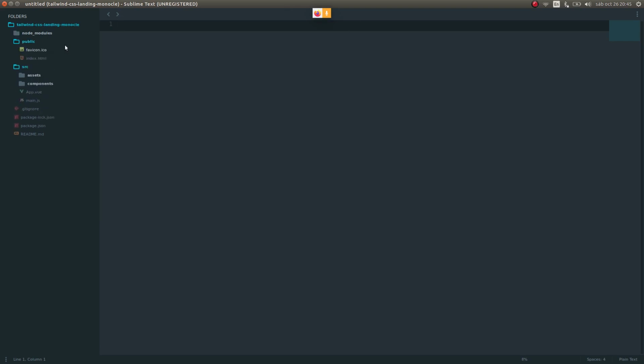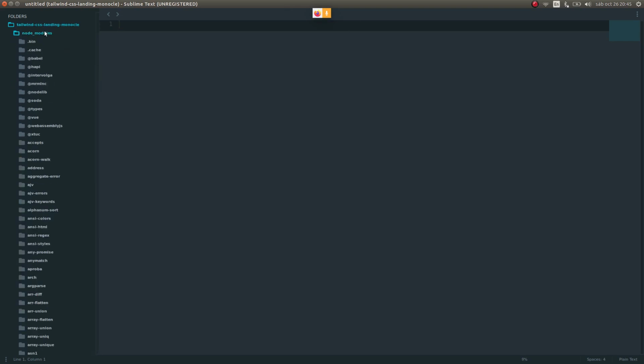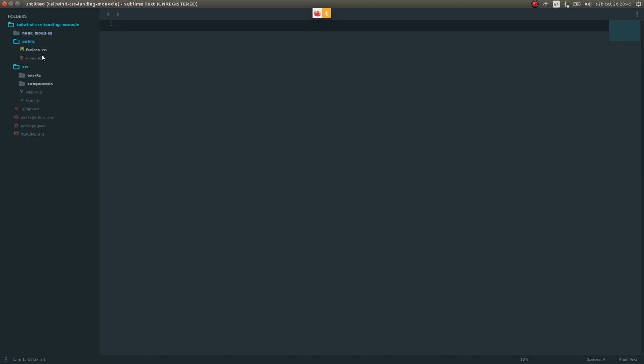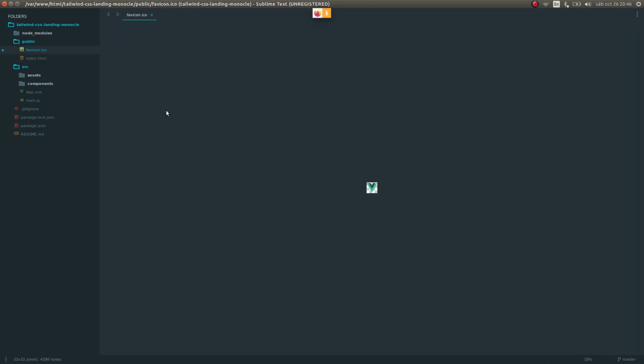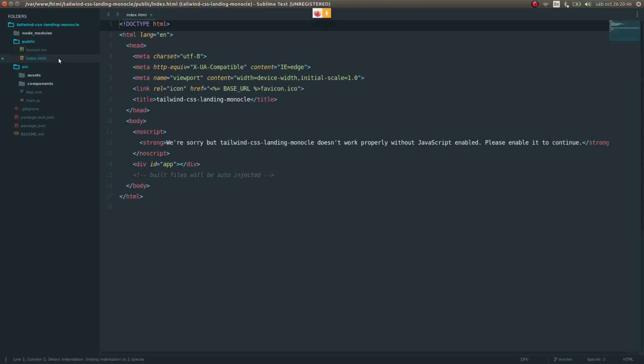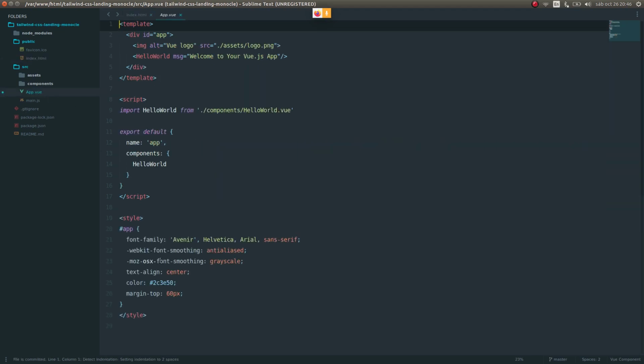The basic structure of this is the node modules folder, where everything you install with npm goes. Then we've got the public folder, which is what the serve picks up. Here we have the index.html and the little file icon. So let's just open the index. Then we've got the source folder, where the main App.vue